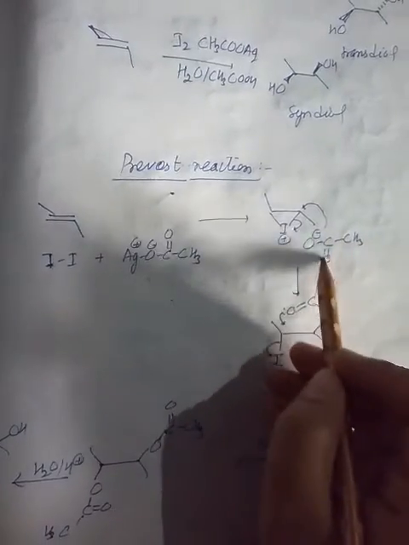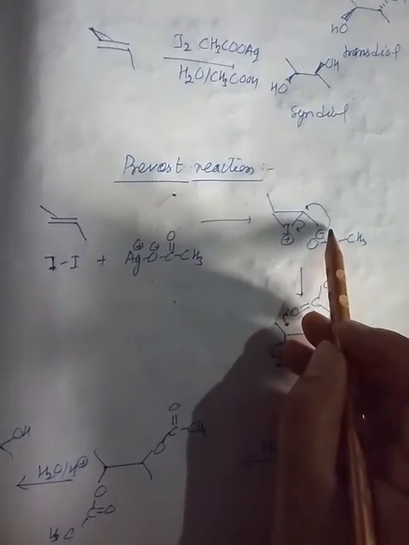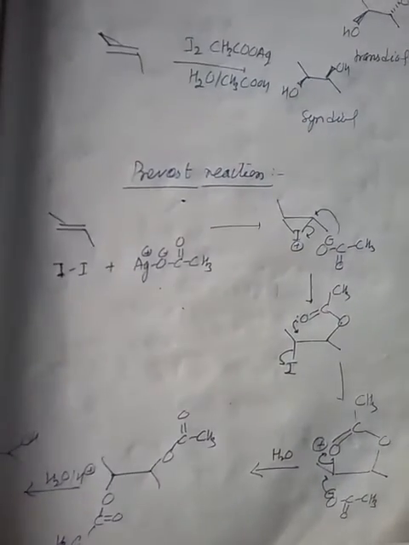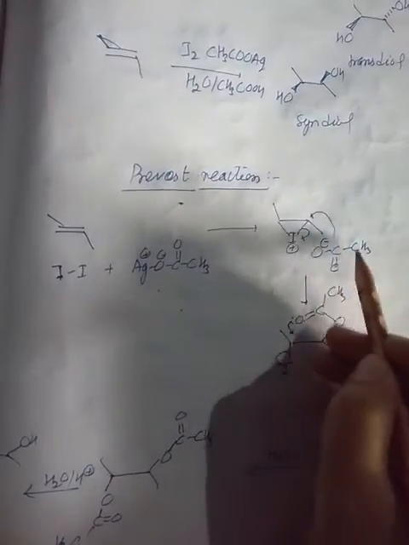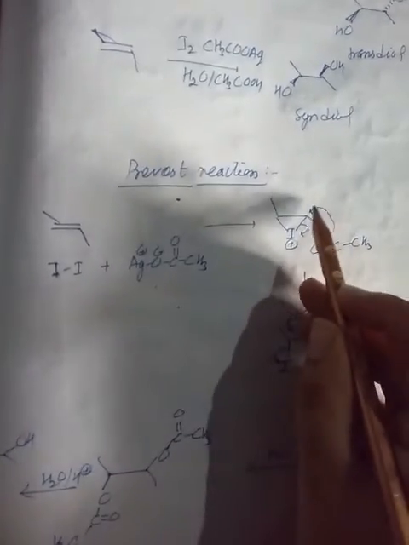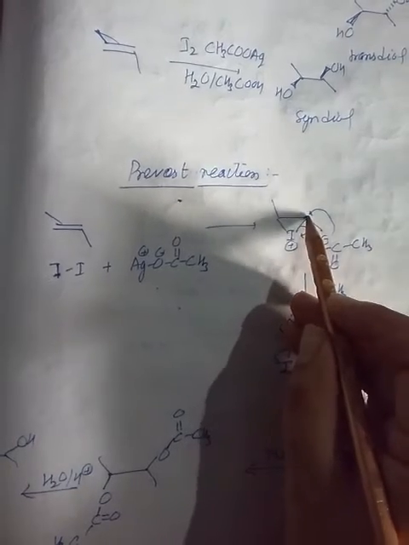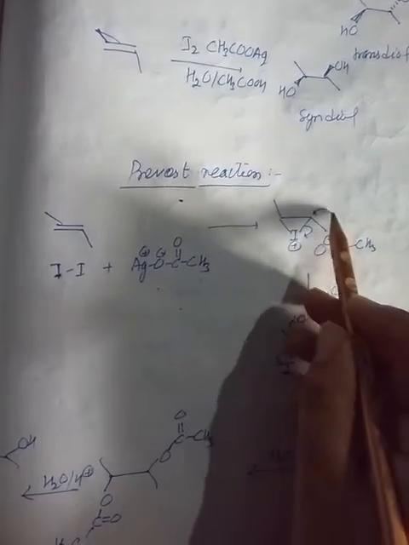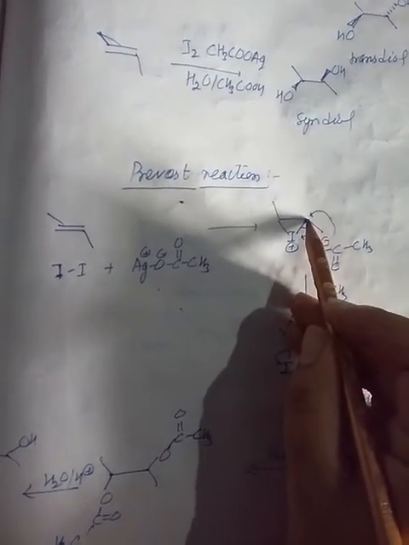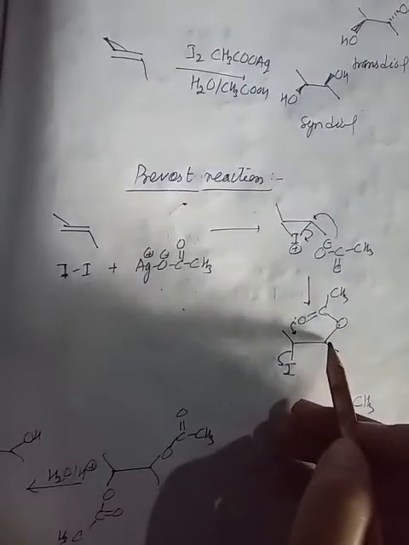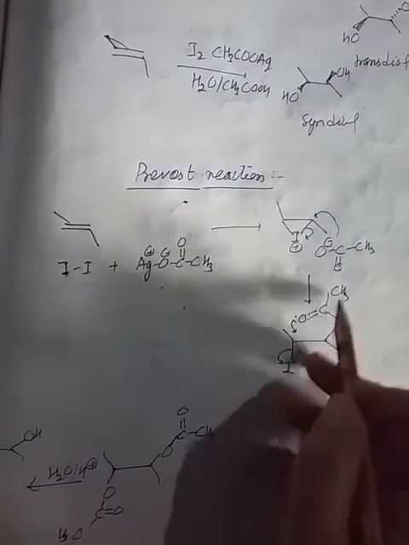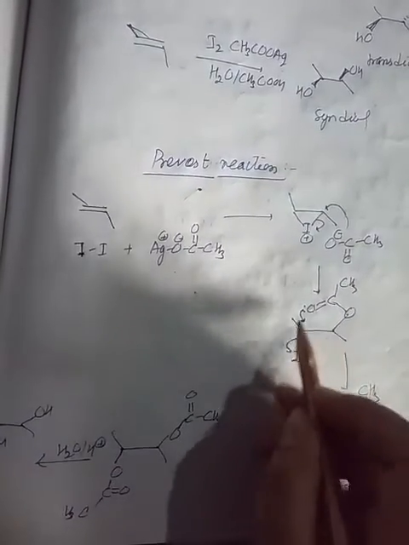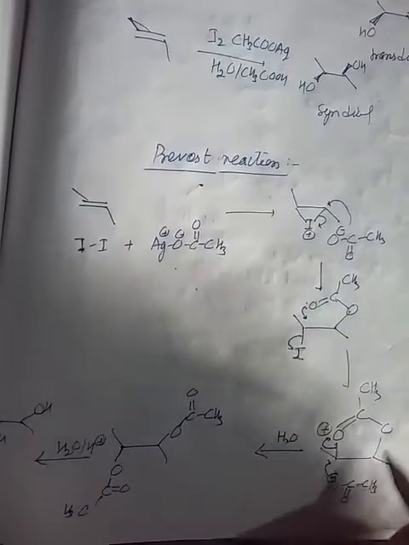After that, this acetate ion from the silver acetate gives an intermolecular SN2 reaction. Means this anion from here attacks from the back side, and there is a cleavage of this carbon and iodine bond. ठीक, तो ये ऐसे क्लीव हुआ, and this acetate ion का जो ऑक्सीजन है, it attacks from the back side at this carbon atom, and it gives like this one, COCOCH3, and iodine is here. After that, there is a 5-membered structure